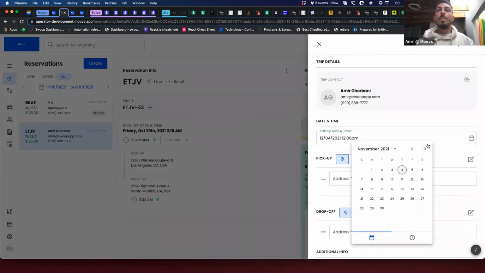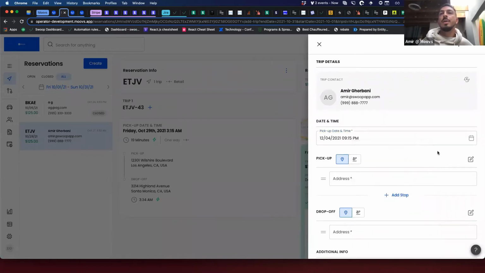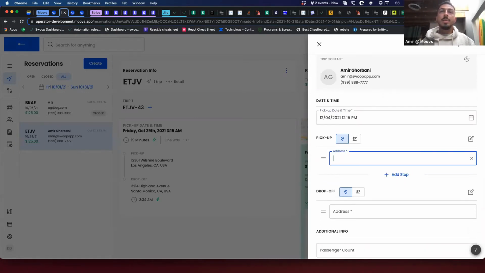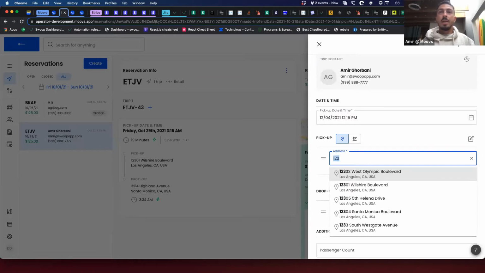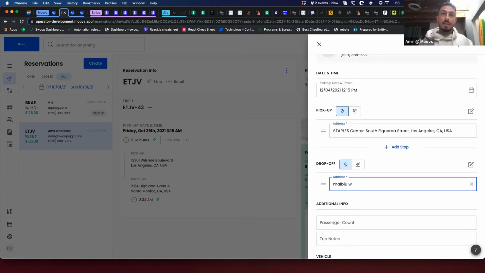And then we also can open up the calendar here and navigate to the date as well, and still use this calendar feature as well. And then we can, again, go back in here and update this to 12/15, right? So this is something that's good. I know a lot of people have requested and have had issues with the time selector for that icon selector. So now we have here a way to input the date and time through a keyboard. And then, let's say, get picked up at the Staples Center, and we're going to go to Malibu Wines.